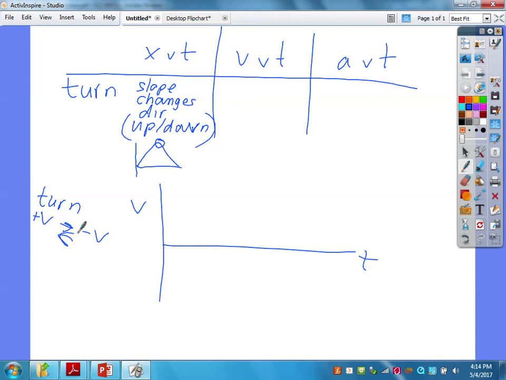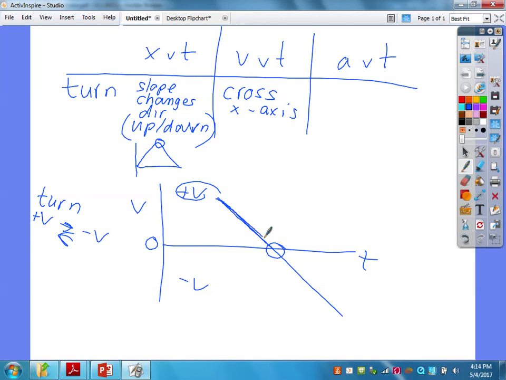Well, how do I change velocity then? Well, where am I positive velocity? Positive velocity is above, negative velocity is below the x-axis, below the zero line. So on a velocity time graph, you turn when you cross the x-axis. All right, that is where you turn. The idea is the object is slowing down, slowing down to zero in the positive direction, this whole time going positively. All right, at this point, he stops, turns, and is now headed in the negative direction and